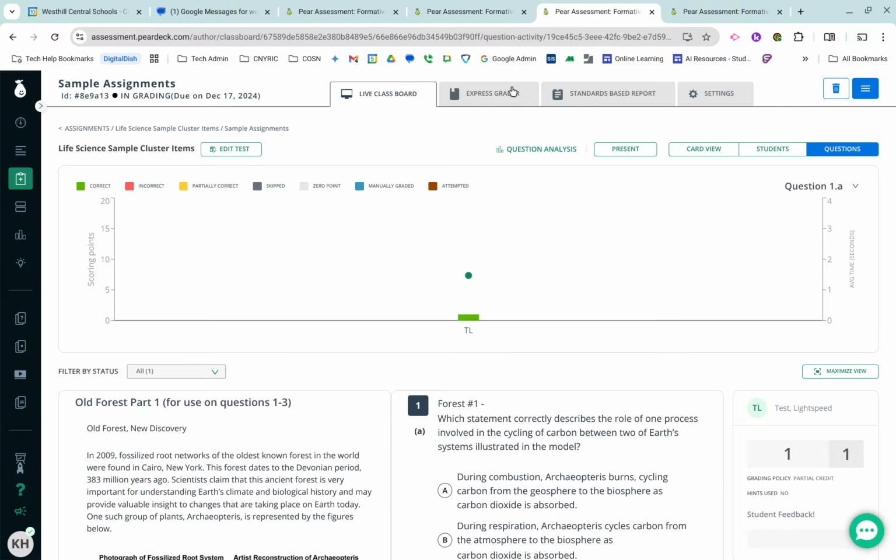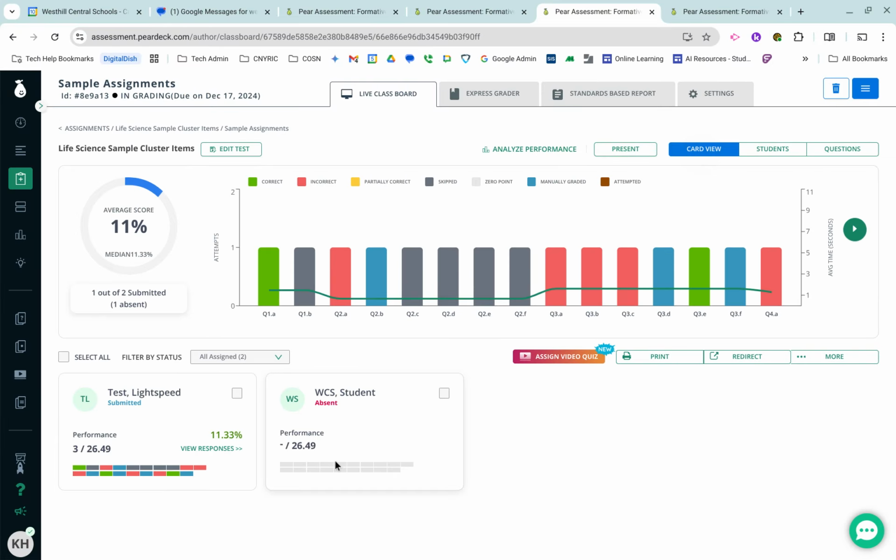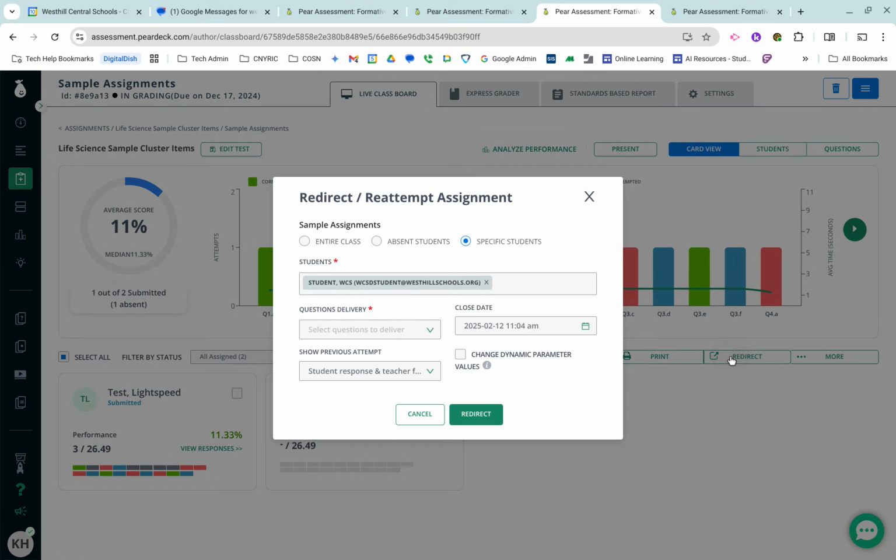And going back to my fake one, if I go back to card view, this is also where you can redirect. So if this student was absent, I want to open the test up because it's been closed for about a week and maybe they were out with the flu. I wanted to open that back up for that student. I can click redirect and I would click either absent students or specific students. In this case, I have a specific student selected, so it doesn't really matter because that student was absent and I have it selected, so it's the same. I can choose to give them all the questions,